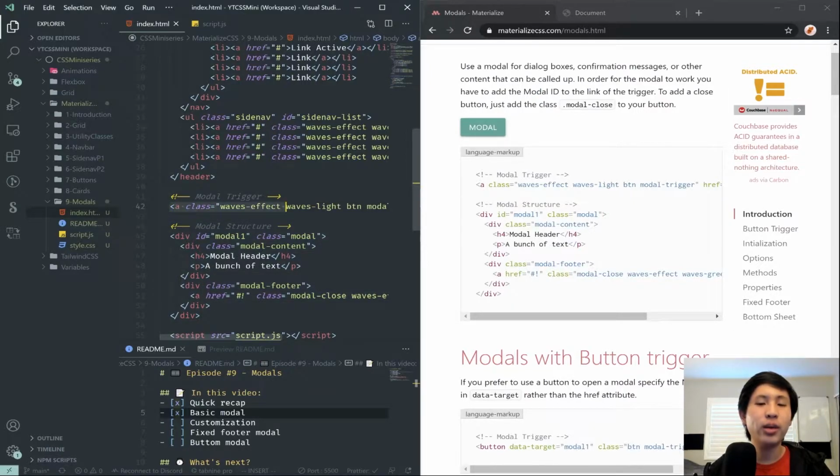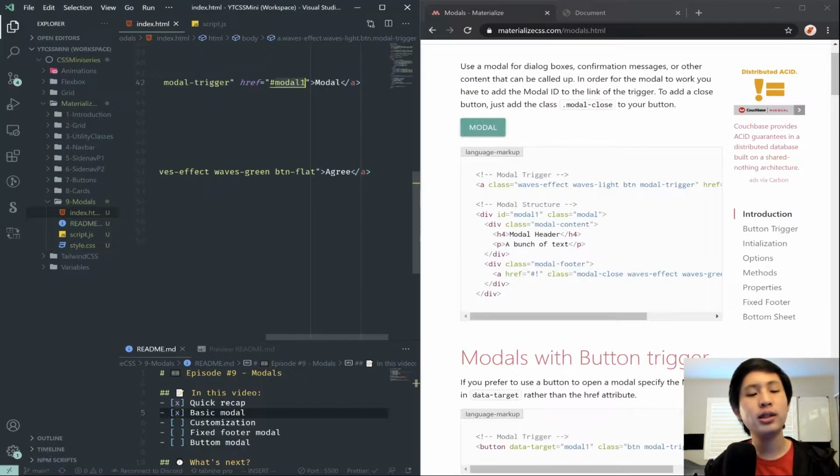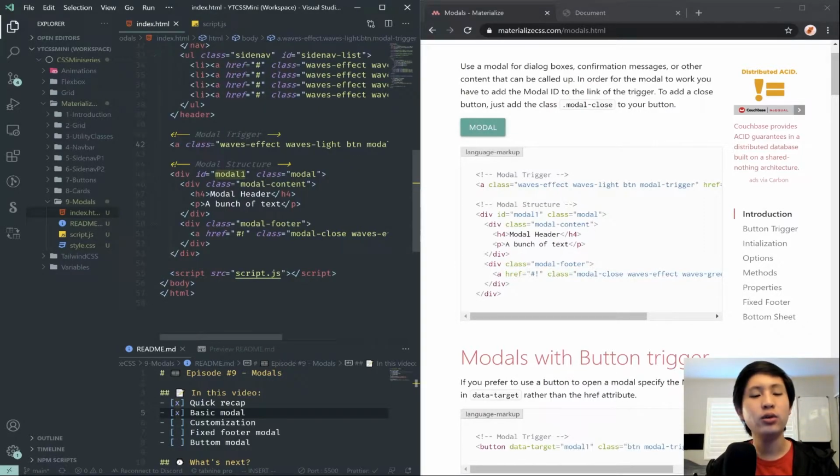Again, we have the trigger button, which has an href of the ID of the modal. So if you remember from the introduction to CSS, in order to select an element by ID, you use a hash versus a dot, which you use to select an item by a class. And if you put that as an href inside a link, it will actually link to the item. If that makes sense, it'll link you to where that element is on your web page, which is pretty cool. So the gist is that you can basically use this kind of concept to trigger your modal